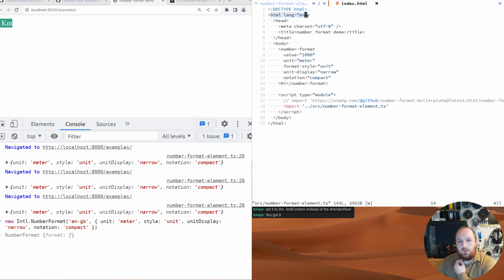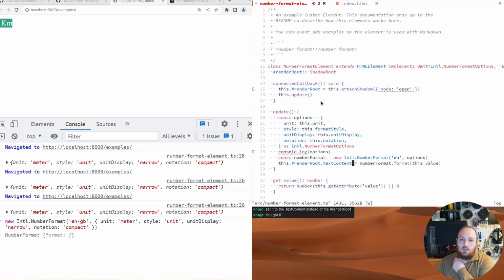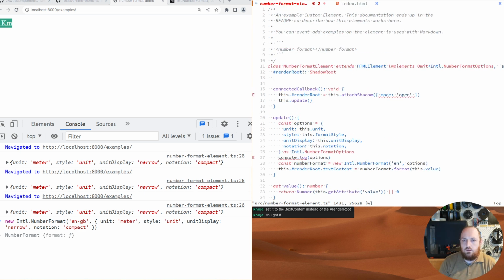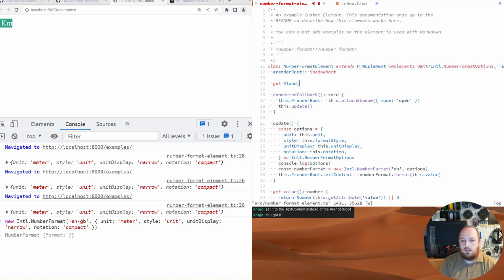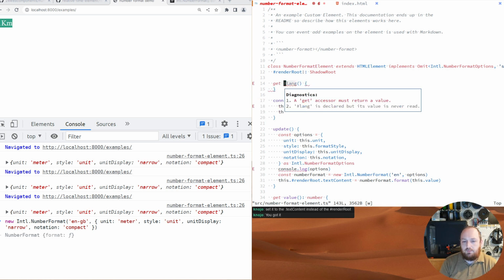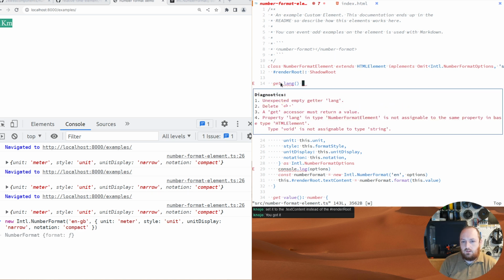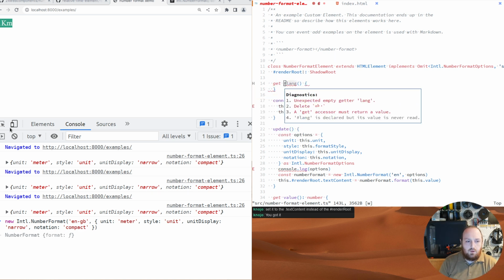We've got the locale already in our HTML document. It says lang equals en. So what we can do is say get lang, and I'll keep this as a private field because the default lang already exists on this. But if we look at it,